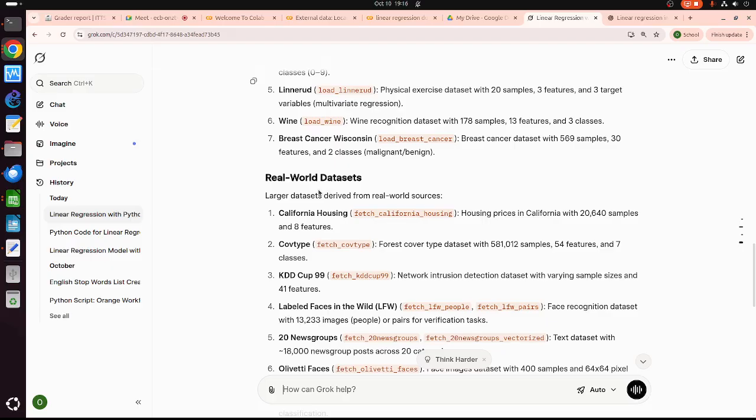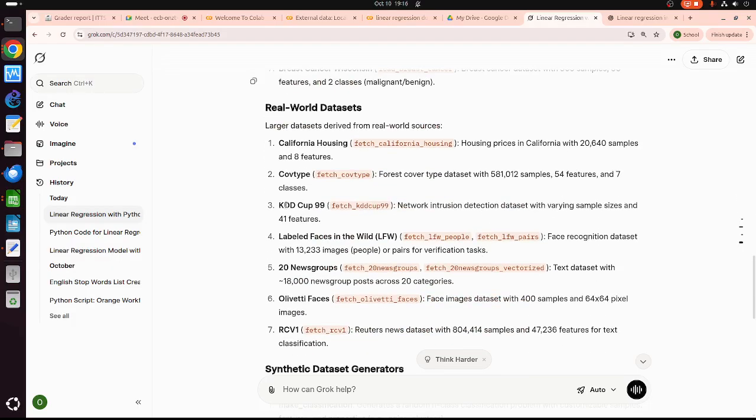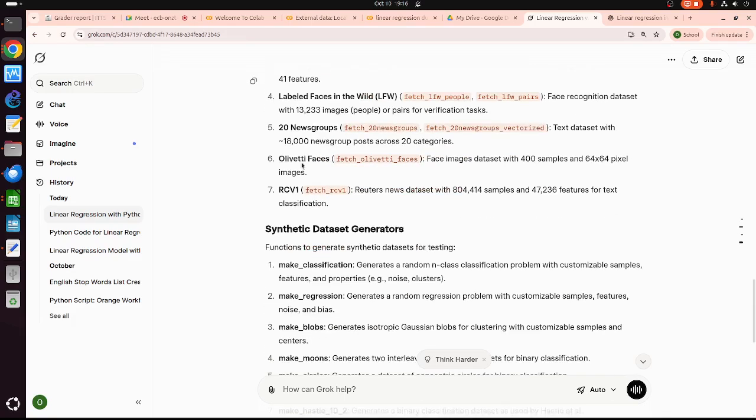Of course, there are some real world data sets, like California housing with 20,000 samples. It requires more computing power. What is KDD Cup 99? I don't know. Label facing, I don't know. So we can play around with tens of thousands of samples.